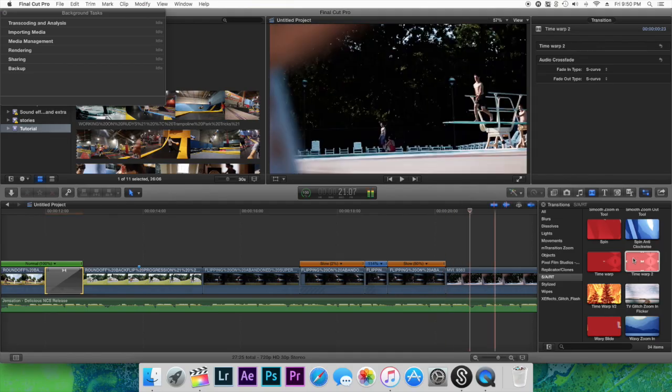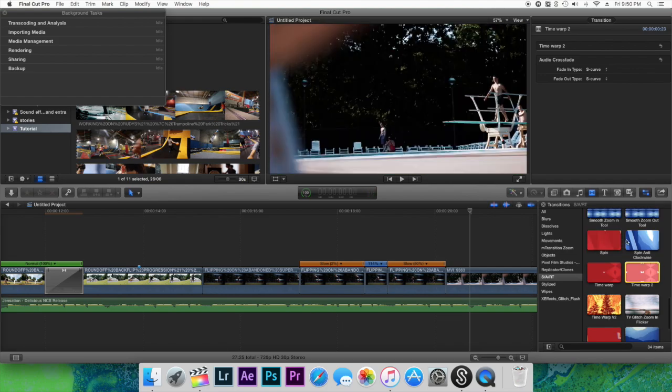But we're getting off topic. This time warp transition looks super cool. I'm going to go ahead and skim through this edit and find a few more places to add transitions, and boom,